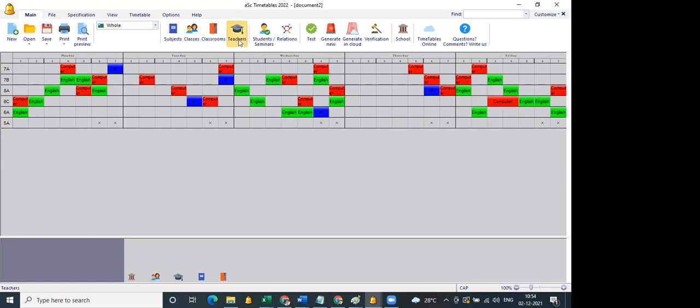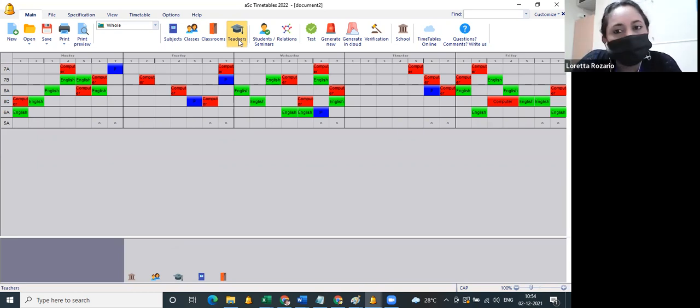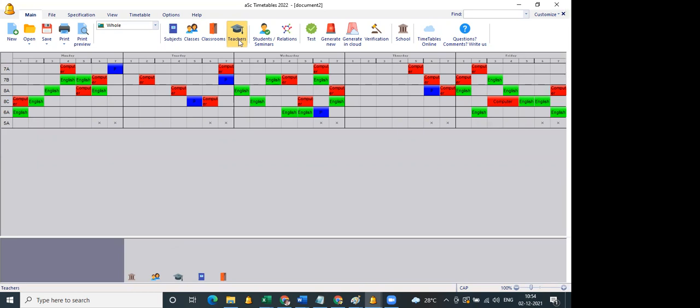Space allocation, what do you mean by that, madam? Can you just explain? What they mean is which classroom they will be allocated to. Okay, so initially you want to say that you have 6th standard A and B sections, economics and biology are happening, so where does this teacher go, is that the question?